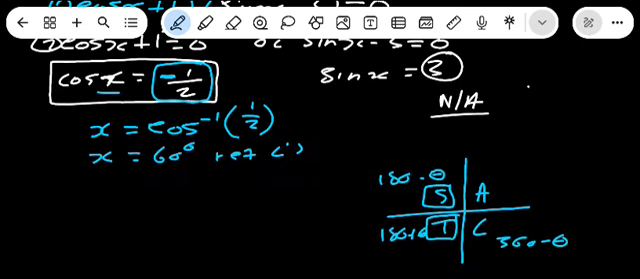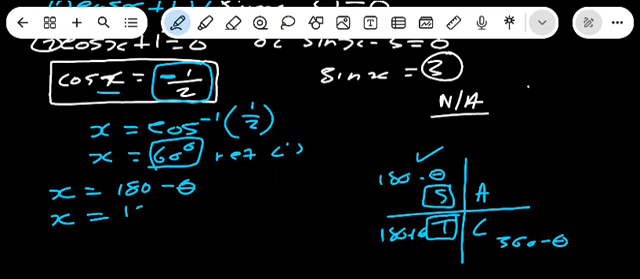So the definition of that, on the second quadrant, we have 180 minus theta, where theta is simply our reference angle. This reference angle we have there is 60. So x will be what? 180 minus 60. This will be equal to what? 120